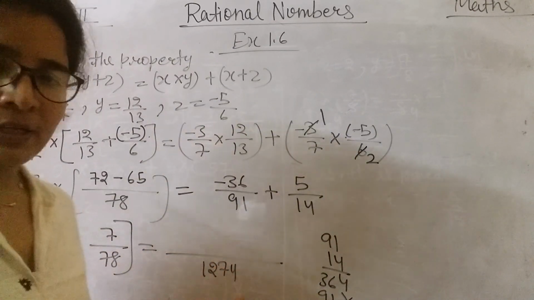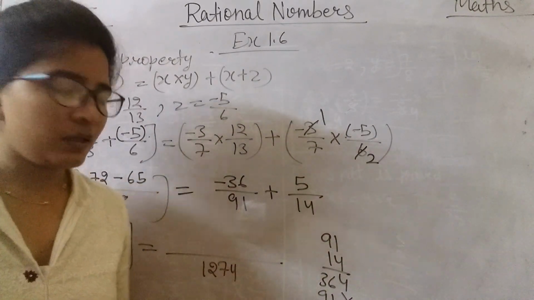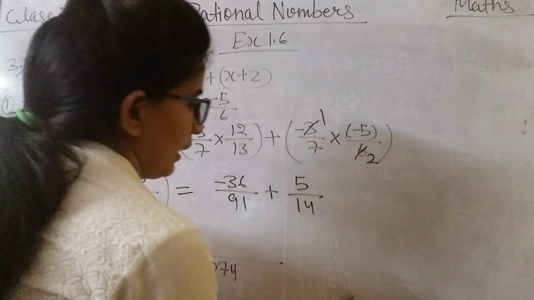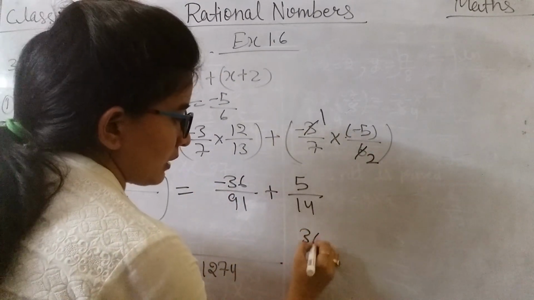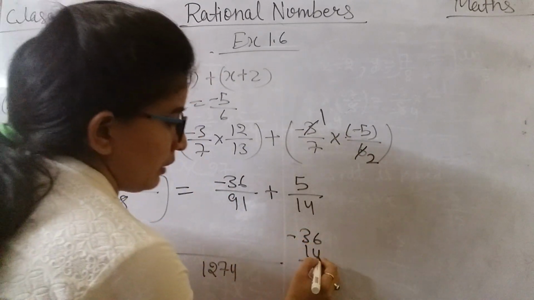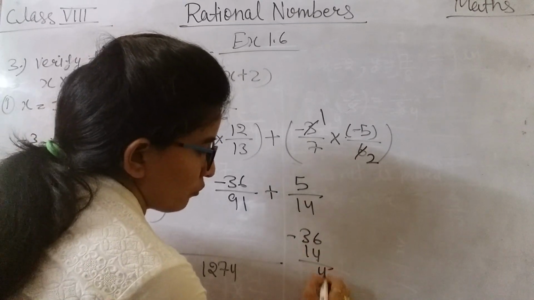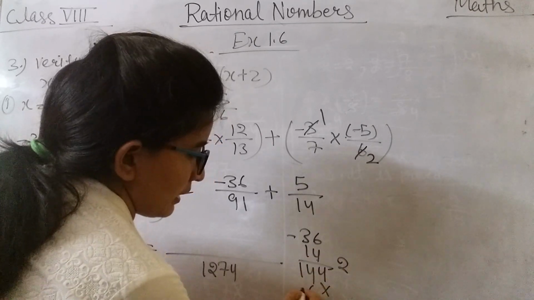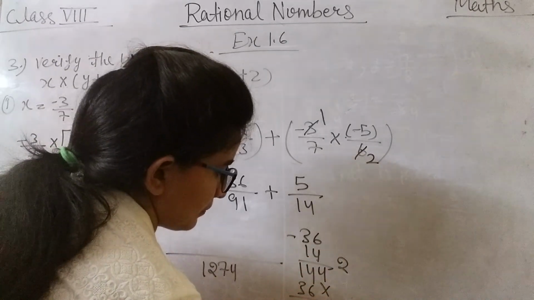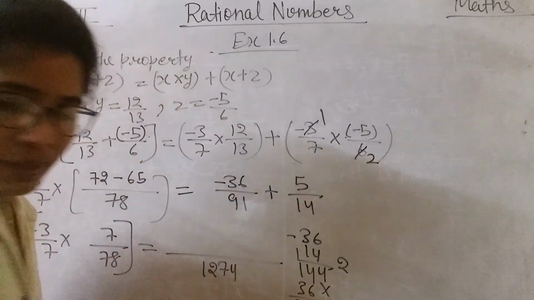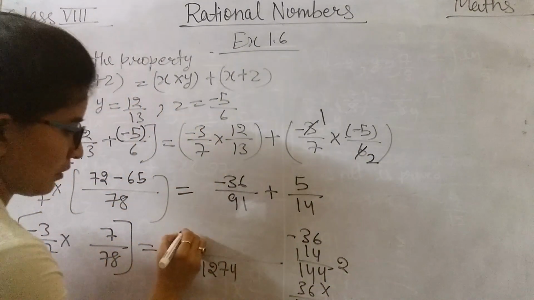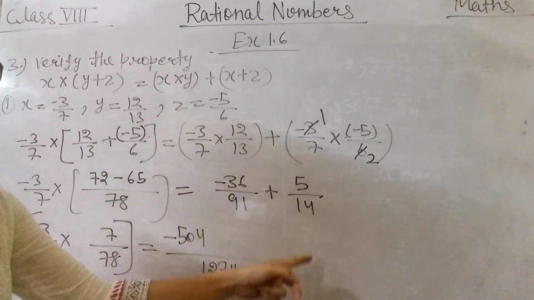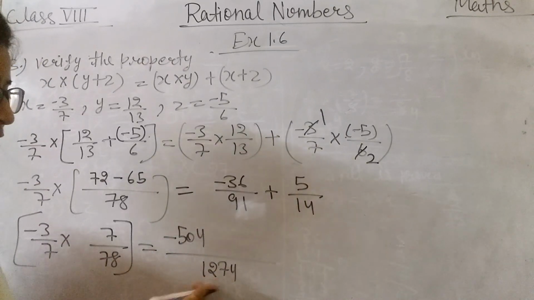Now 1274 को अगर हम 51 से डिवाइड करते हैं तो हमें 14 मिलेगा आंसर, and this 14 would be multiplying with 36, that would be 4 6s are 24, 4 4 3s are 12 and 2 14, 1 6s are 1 6 and 1 3s are 3. It is minus 504. Again 14 multiplied with 91, we will get 1274.